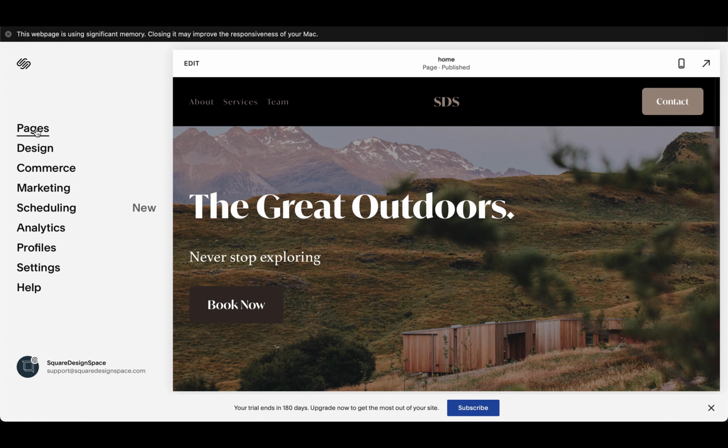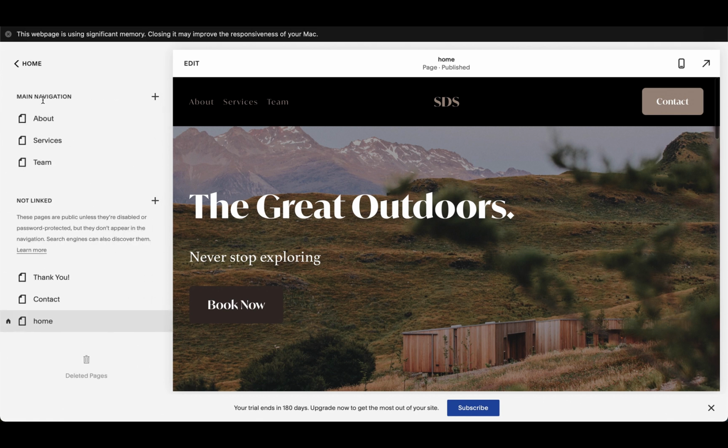To add a page, we're going to go to Pages, and then we have the main navigation and not linked sections. So if we wanted to add a page that can be accessed in this main navigation here, then we would add it here. If we wanted it to be accessed through a button or through a link in our content somewhere, then we would add it to not linked. So for the purpose of this tutorial, I'm going to add a link to our main navigation,